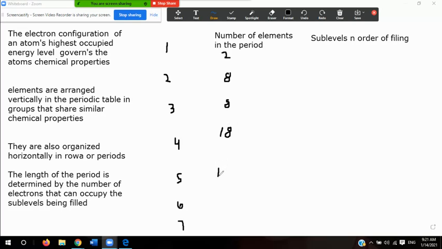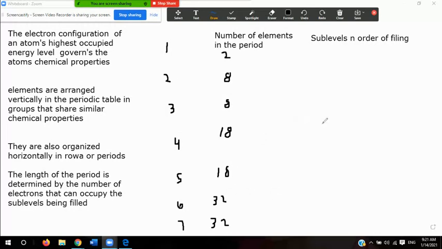And period 6 and 7 have 32 elements. Theoretically, in period 7 you can expand to 32, and there are 32 elements in period 7. Now, the way the sublevels are filled is that we know that elements in period 1,